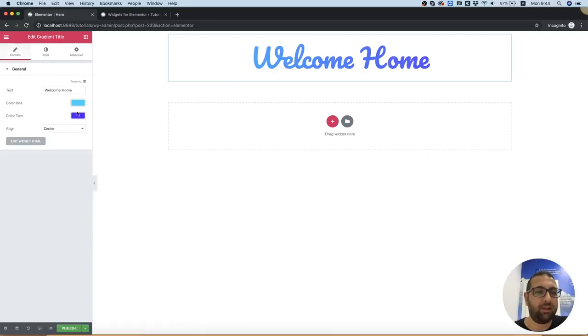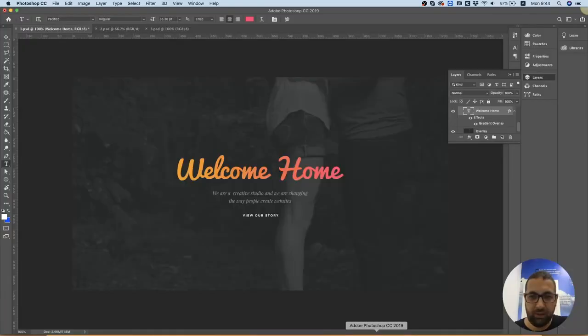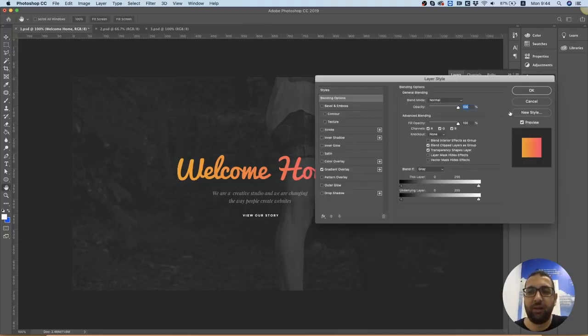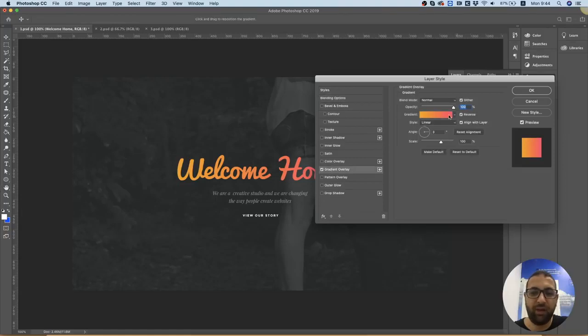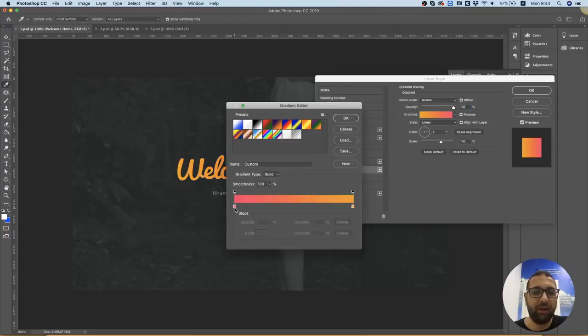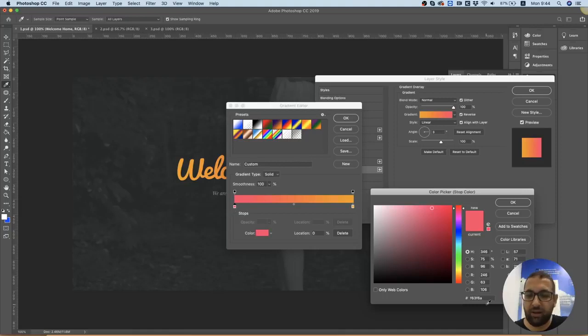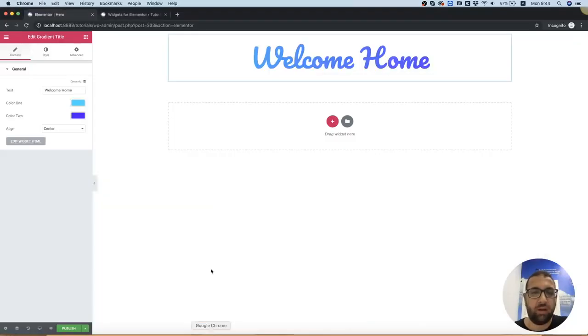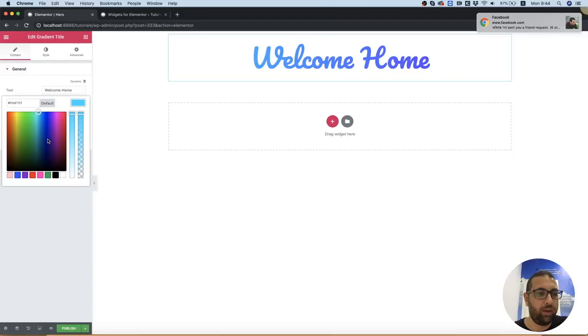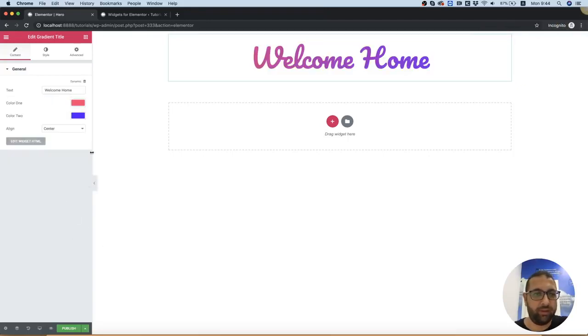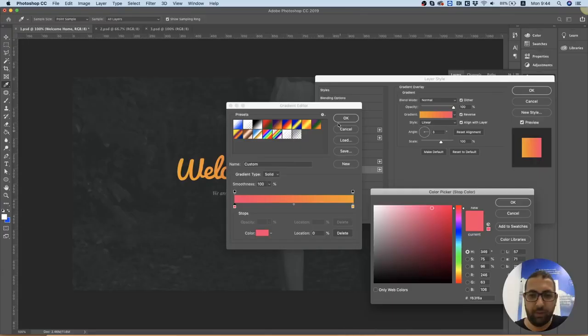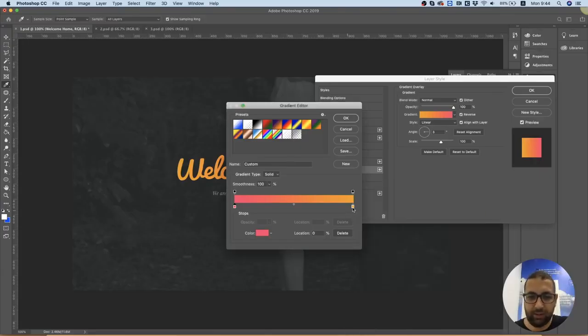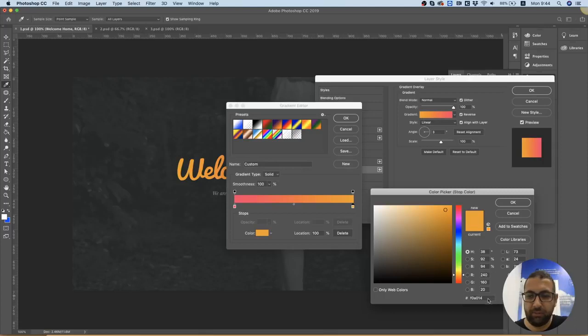We need to select our colors right now. So let's stand over here. We can see there's a blending option on the layer. I'm going to double click on that, go to gradient overlay, double click on the gradient, double click on the first spot, copy it, color 1. Perfect. Now we need color 2. I'm going to close this, double click on the second color,